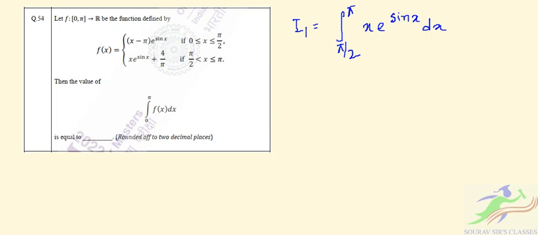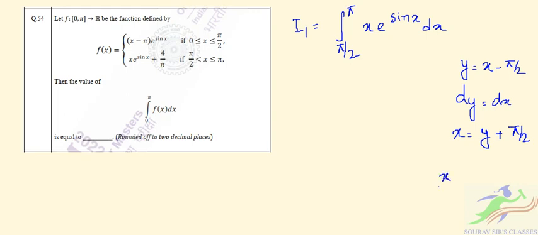If we put y equal to x minus pi by 2, okay, so dy is equal to dx and x is equal to y plus pi by 2, right? So to change the limit from x to y, I have to do this. Now if we put this x and y,